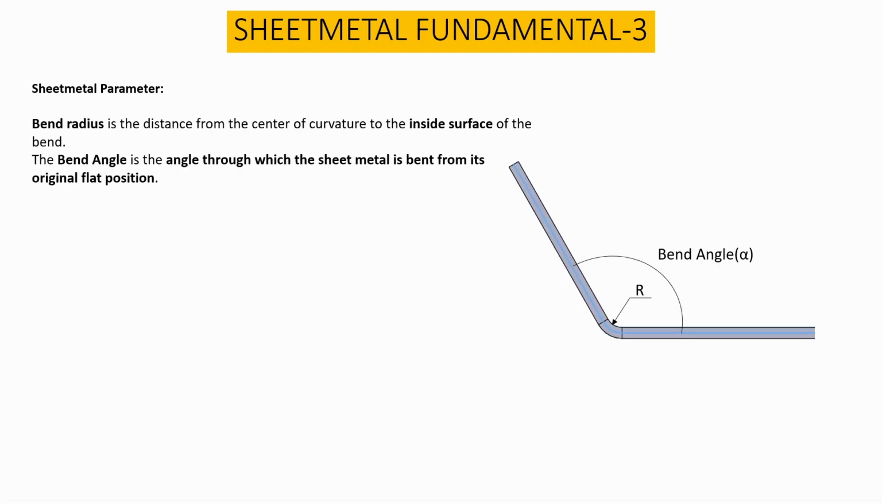Another parameter is the bend radius. Bend radius is nothing but the circular radius of the bend formed after bending the sheet metal, and it is the radius of that inside circle, and it is symbolized as capital R. And bend angle is the angle between the two faces of the sheet metal, formed when the tool presses the sheet metal, which is formed after bending,